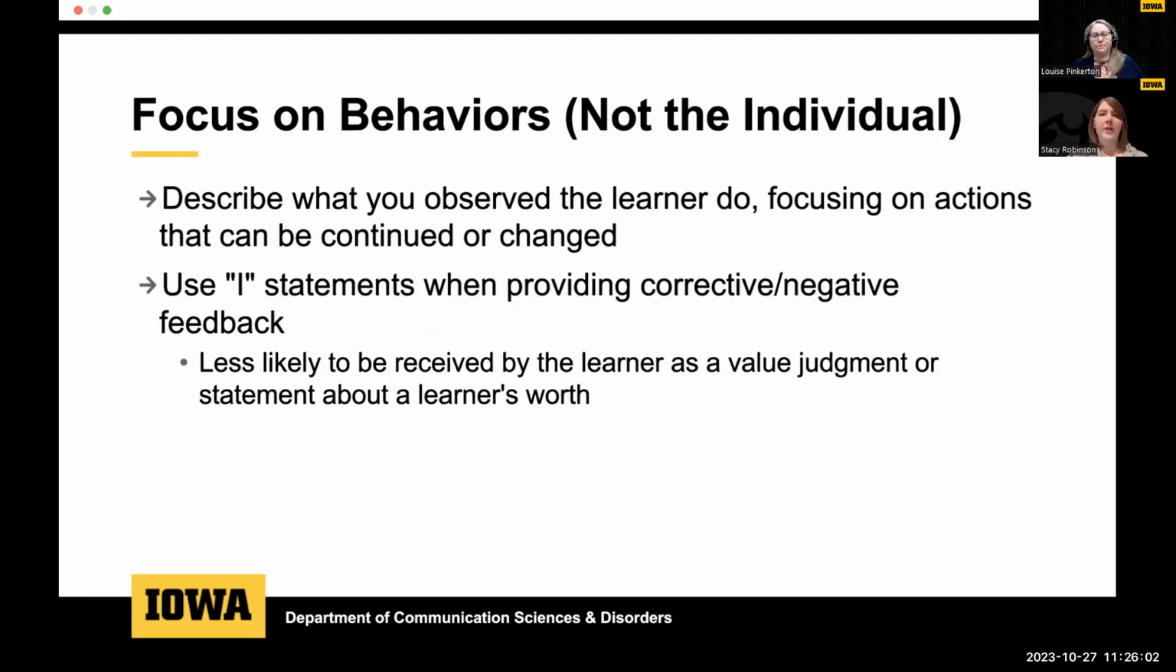So when you're providing feedback, you want to describe what the supervisee did and focus on things that can be continued or changed. So when you're giving positive feedback, highlight things that the supervisee can be intentional about continuing to do. Or when you're providing constructive feedback, give them feedback on something that they can change or can figure out how to change. And a great way to do this is to use I statements when you're providing this kind of